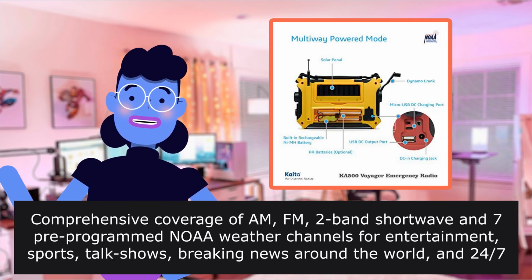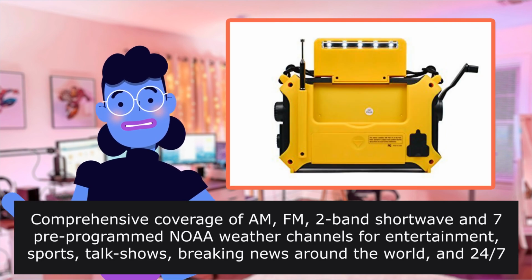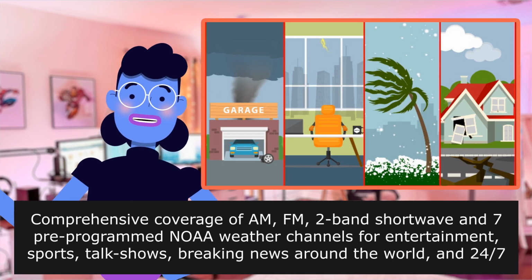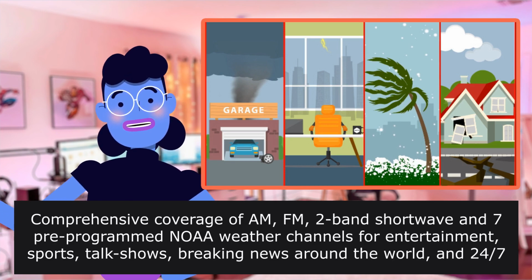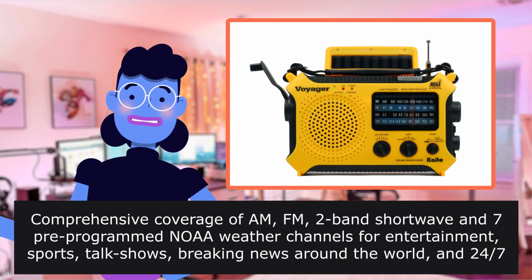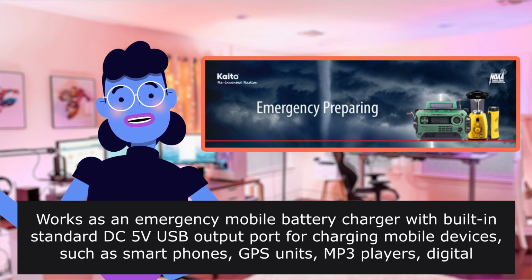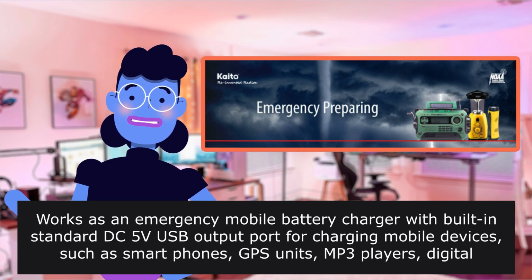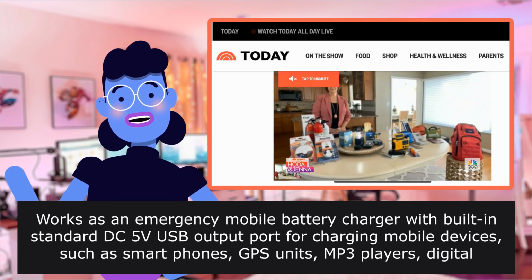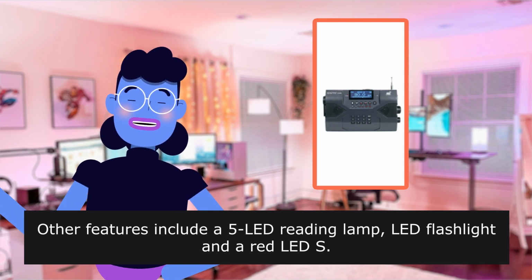Comprehensive coverage of AM, FM, 12-band shortwave, and 7 pre-programmed NOAA weather channels for entertainment, sports talk shows, breaking news around the world, and 24/7 real-time weather forecasts for USA and Canada, with the public emergency alert system. Works as an emergency mobile battery charger with built-in standard DC 5V USB output port for charging mobile devices. Other features include a reading lamp, LED flashlight, and a red LED